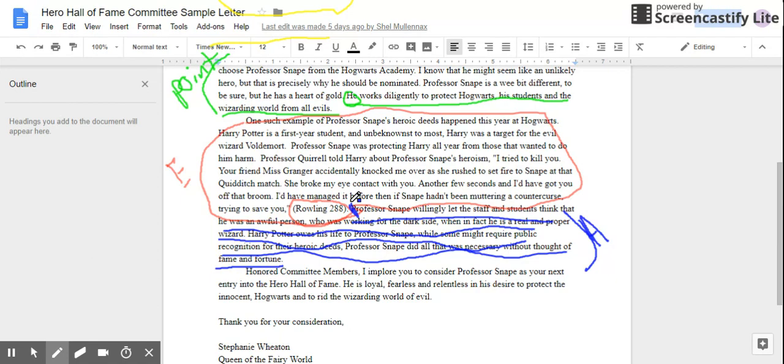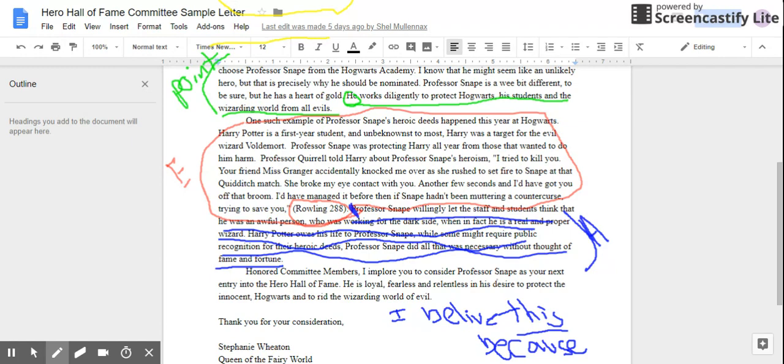right before it says Professor Snape, you could literally, don't literally do it, but think of it as saying, I believe this. Oh my gosh, I wish I could type and do this. I wonder if I should stop clicking. I wonder if that would help. Okay. I believe this. Now again, this is a pronoun. I believe this because I believe Professor Snape should be nominated to the Hero Hall of Fame because,